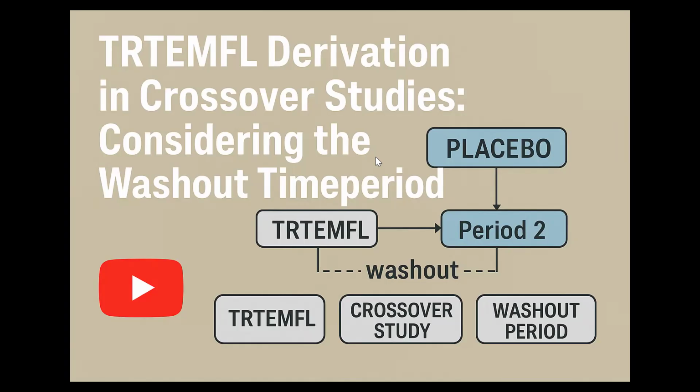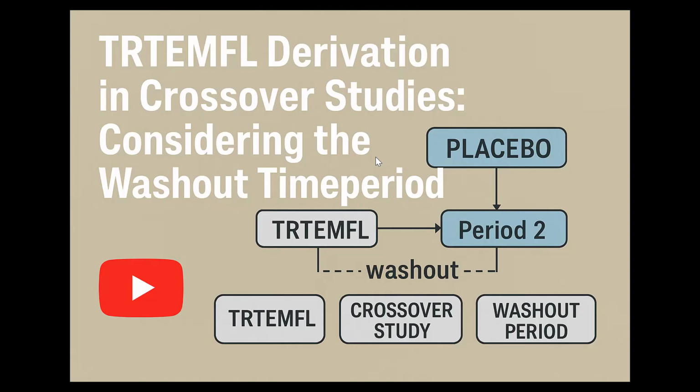Subjects receive multiple treatments in different periods, so we can't assume which drug caused the adverse event without digging deeper. That's why we need to carefully examine the exact exposure duration for each drug. Then, by comparing the timing of the adverse event with these treatment periods, we determine which drug was likely responsible